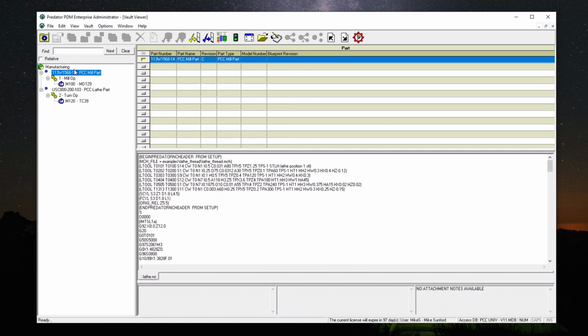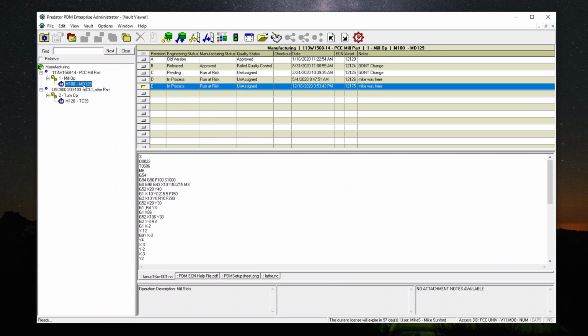You can see here at this part level, I have the program attached because it's okay at this level. This is for demonstration purposes. At the operation, I just only have the specific G&M code program. Then I get down into the machine. Now I have other things. I have pretty much the same thing as what I had before. Again, this is the bottom of